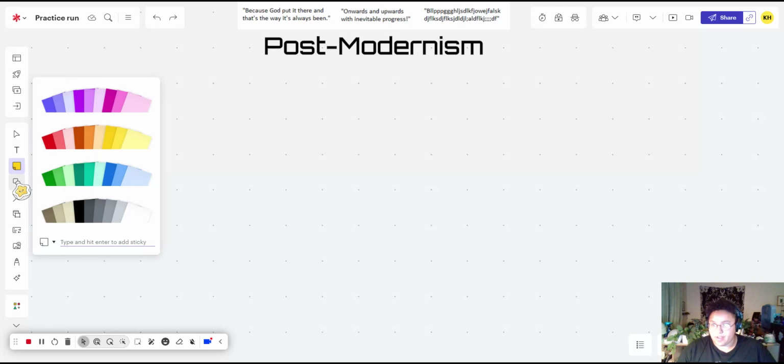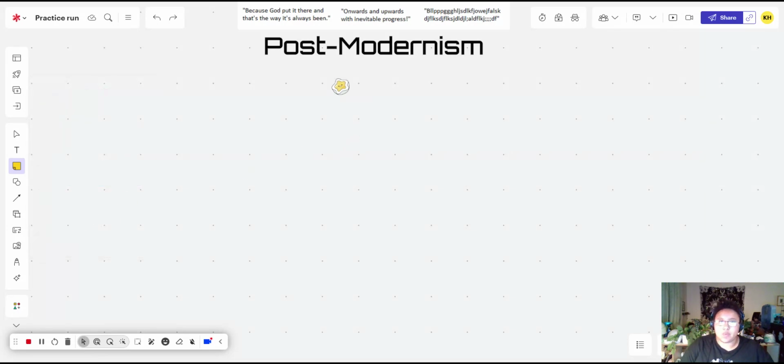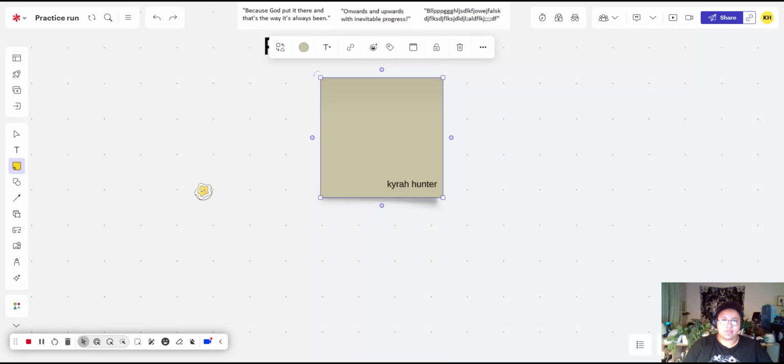Sticky notes is going to be found right here on the left. You have a bunch of awesome color options to use. We're talking about postmodernism. Postmodernism is generally pretty depressing and dark, so I'm going to go with this little khaki color, so we can see what we're working with. So now I'm going to add my post-it by just stretching it over here onto the whiteboard itself, and boom, now